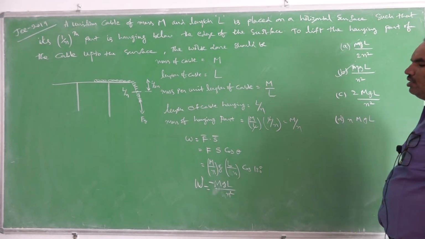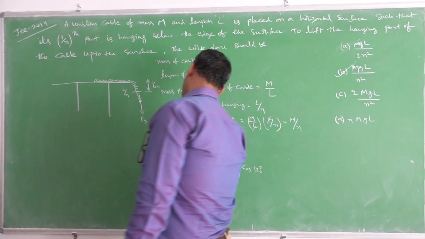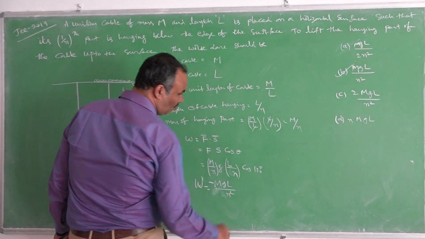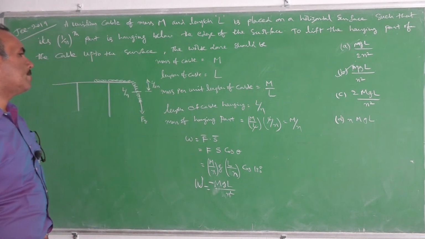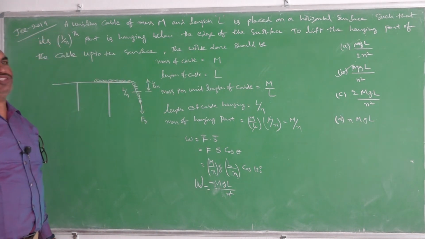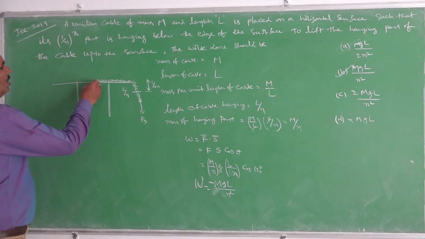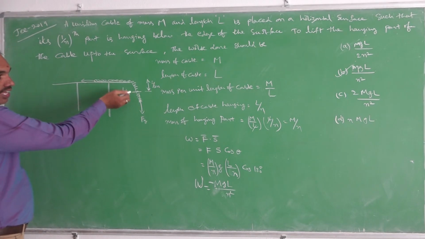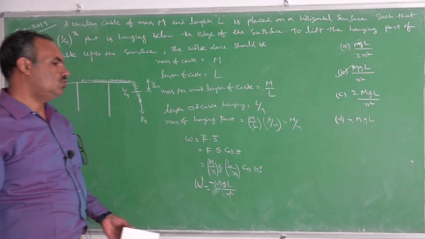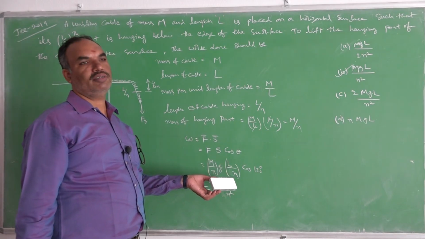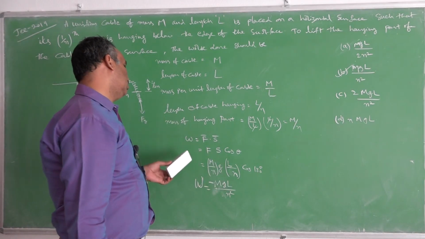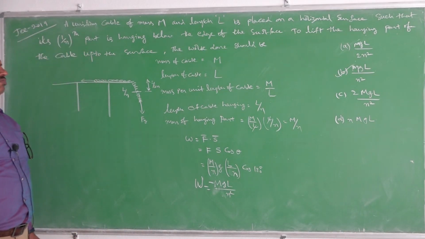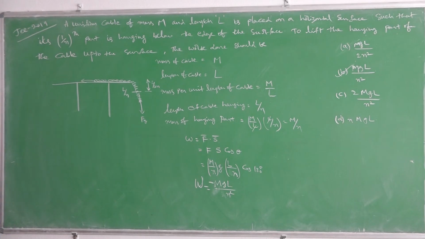But everybody generally makes the mistake of taking L by 2n into consideration. L by 2n is the location of the center of mass, that is okay. But for the displacement of the chain, you should apply some force against the weight to lift the entire hanging part onto the table. So you should take the length of the hanging part here for calculating work done. I hope you understood what I say.